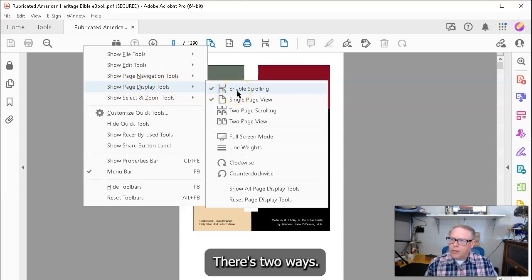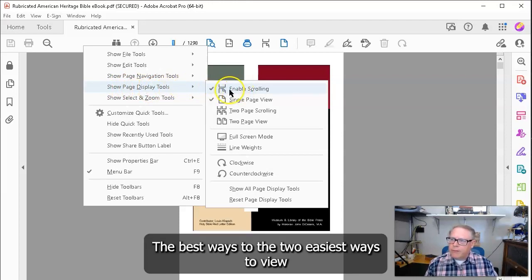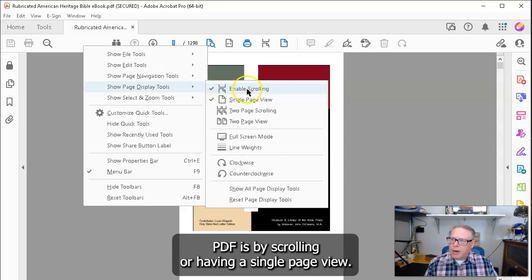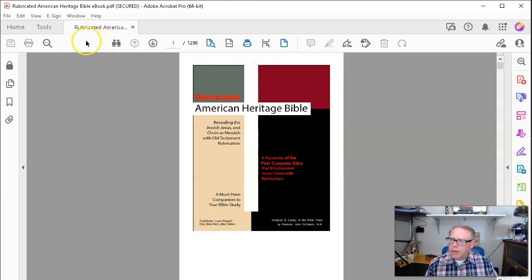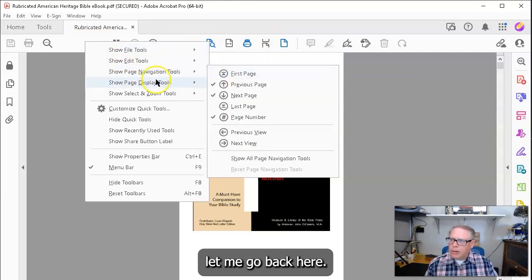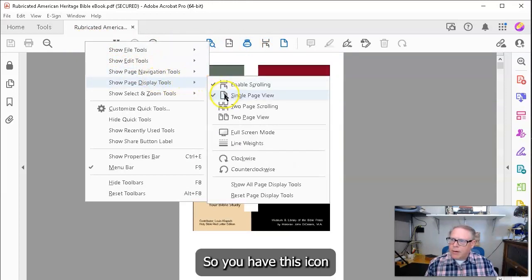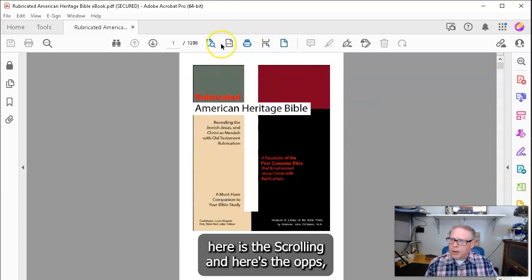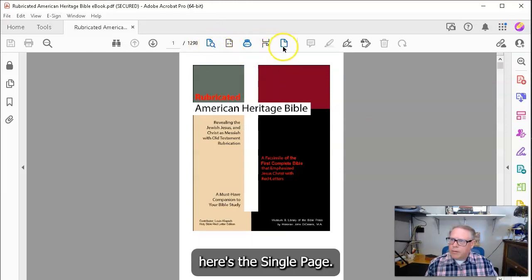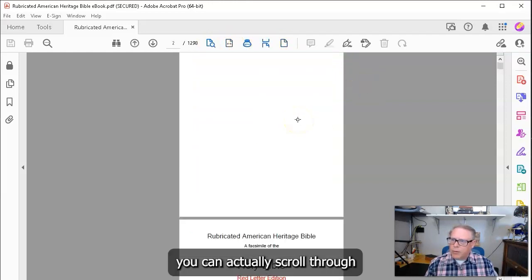Then also, again, right clicking and going down here to Show Page Display Tools. There are two easiest ways to view a PDF: by scrolling or having a single page view. This right here is a single page view, and with the scrolling option, let me go back here. So you have this icon, single page view, and the scrolling. Here's the scrolling, and here's the single page. And when you hit scroll, you can actually scroll through